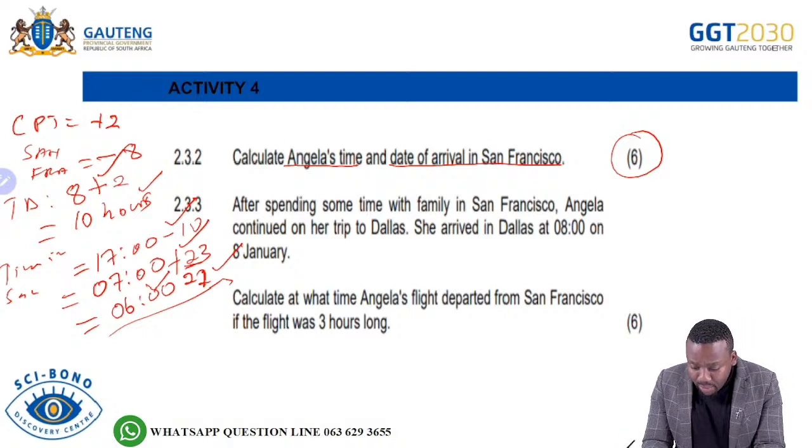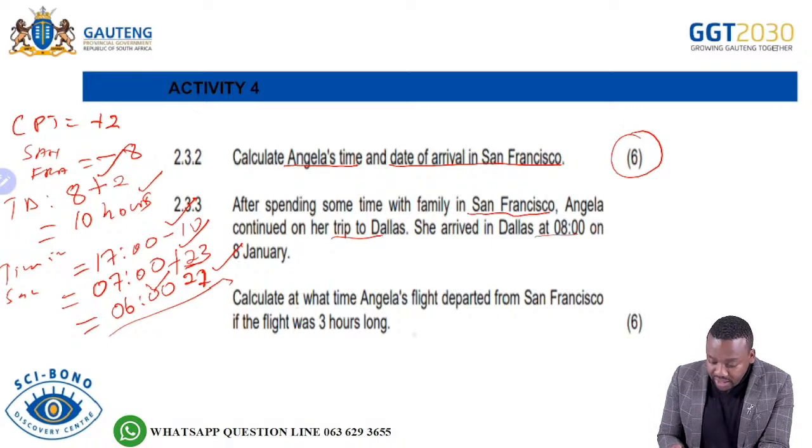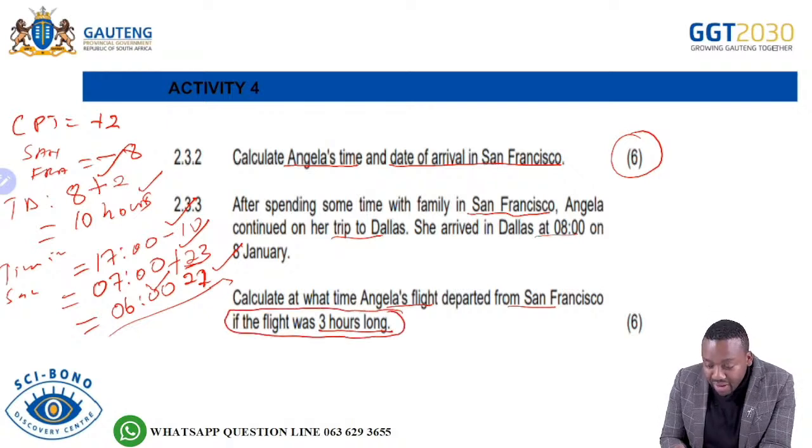After spending some time with family now, we're in San Francisco. Angela continued on her trip to Dallas. She arrived in Dallas at 8 o'clock on the 8th of January. Calculate at what time the flight departed from San Francisco if the flight was 3 hours long. The 3 hours long, remember, it is the flying